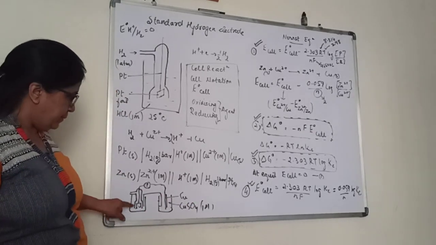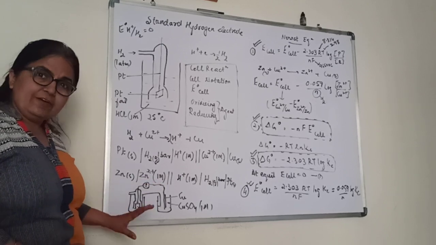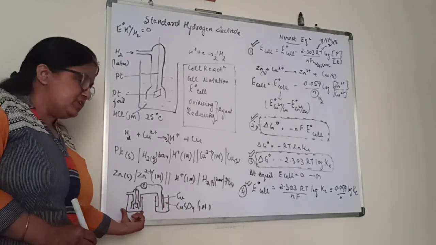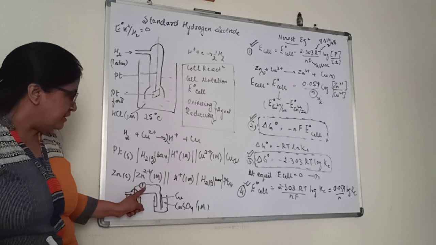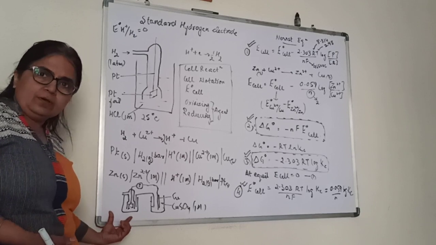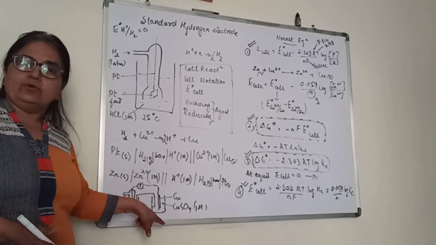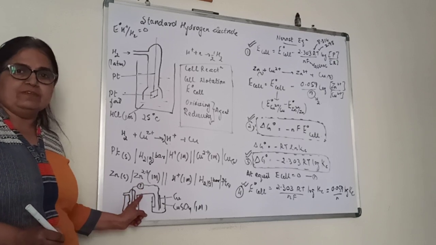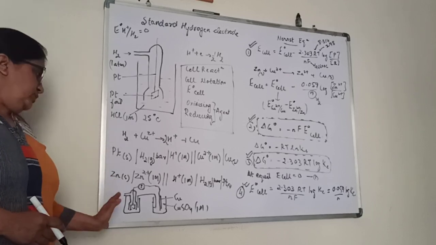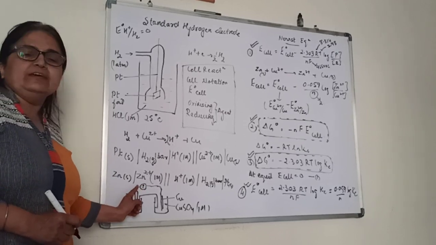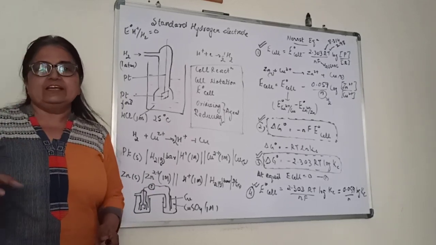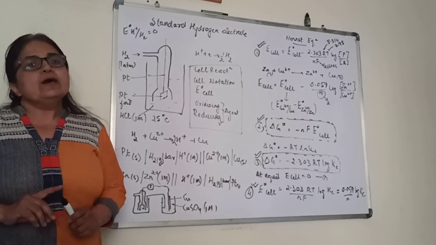This side is the same setup. Galvanometer, salt bridge, everything is the same. But instead of zinc, which we used in the previous class, we will now be using hydrogen. So this reading will give us the value for the other electrode coupled with hydrogen, because hydrogen is 0. If I couple zinc with hydrogen, the galvanometer reading will give us the E naught value of zinc. So any electrode coupled with hydrogen will give the value of that particular electrode in the galvanometer. On that basis, the EMF series, or the activity series, or electrochemical series is prepared.